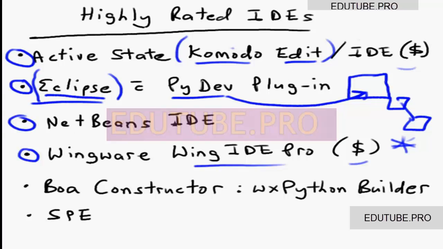NetBeans is another platform-neutral IDE written in Java that does support Python among many other languages. I frankly prefer NetBeans to Eclipse. Eclipse I find to be very complex. I hope that if you're in an environment where you're programming using Eclipse that you have some really good teachers to show you the ropes, because it's not easy. Finally,